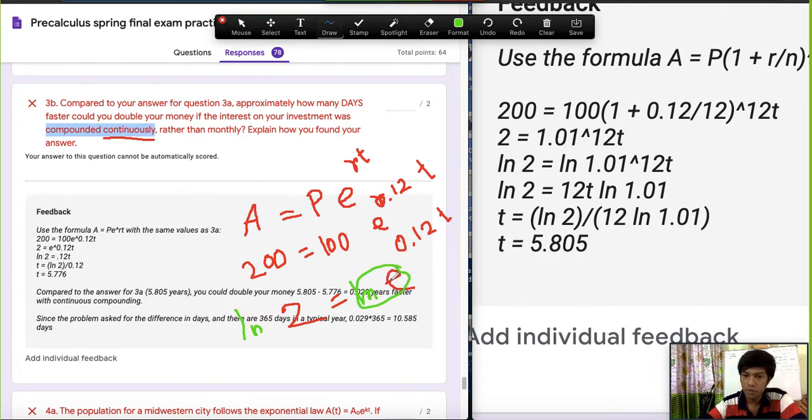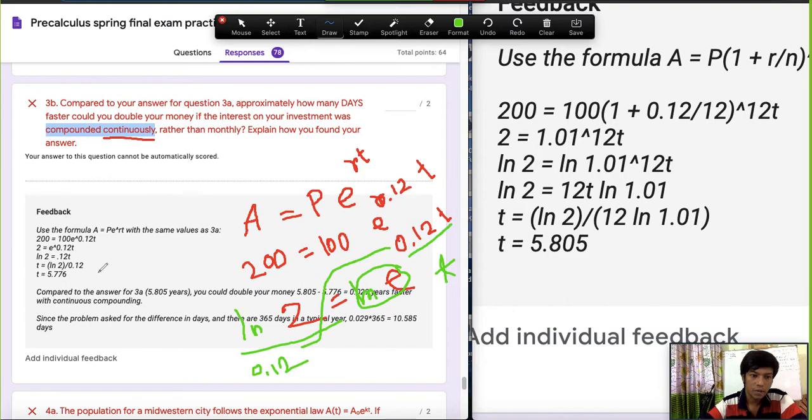That's why you do not have to put this value, and the power comes to the front as usual. So this side is just 0.12t, and this side is ln 2. Now, as you know, we are just looking for t. So t will be, this goes to this side, down here, so it will be